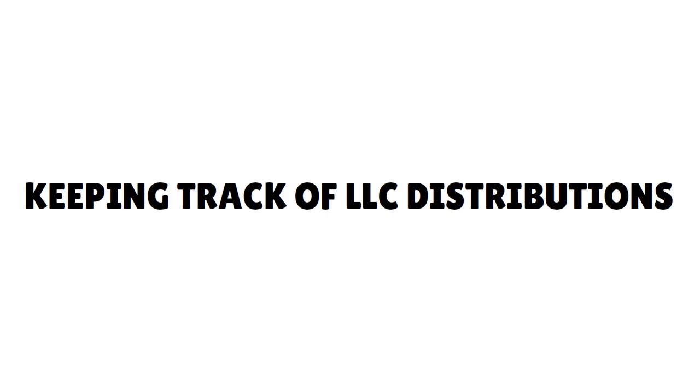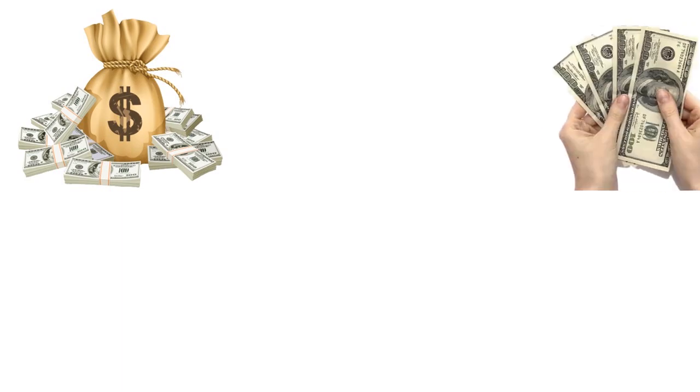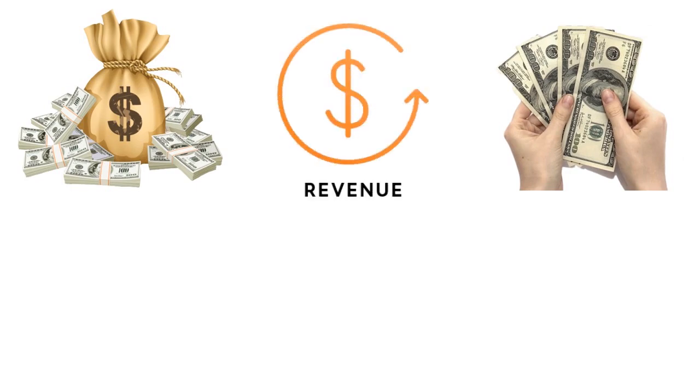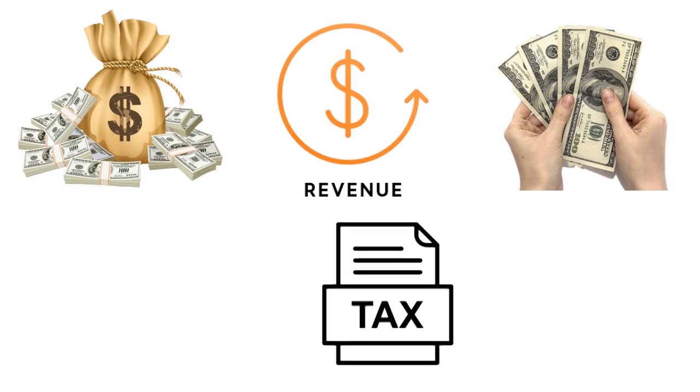It is really important also to think about bookkeeping. You have to keep track of LLC distributions. Why? First of all, the money comes out of the retained earnings of the business. Number two, you want to know how much you have distributed to each LLC member versus how much the LLC has generated in revenue. Number three, you need to keep track of LLC distributions for tax purposes, because at the end of the year,